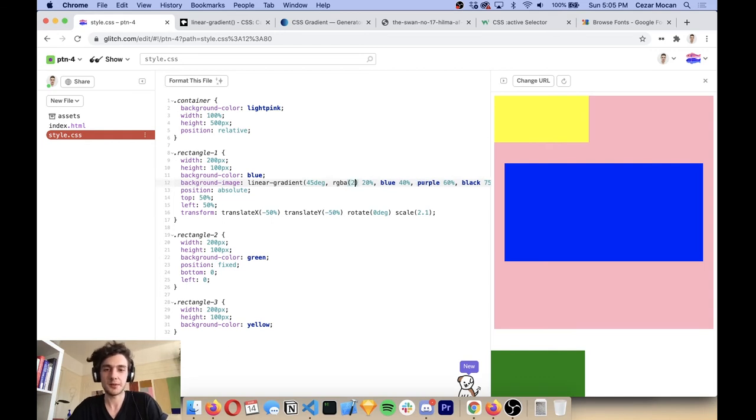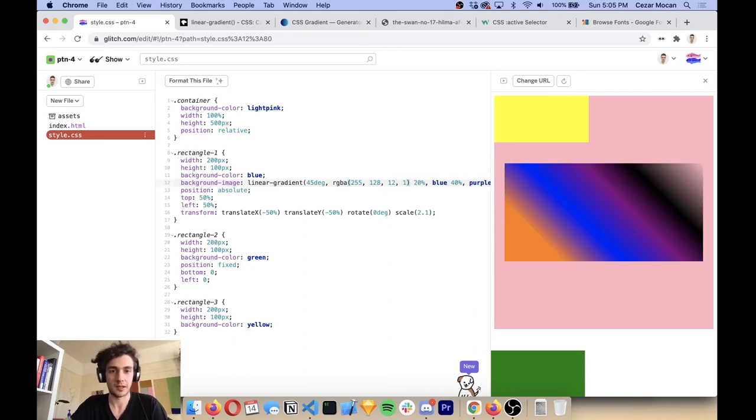So if we say 255 for red, 128 for green, 12 for blue, and 1 for alpha, we're going to get this orange. So what do these numbers mean? The first one is the red component, the second one is the green component, the third one is the blue component, right? These go from 0 to 255, and it's the same color representation that we've talked about in a previous tutorial. The fourth number goes from 0 to 1 and represents the alpha of the color, which means the